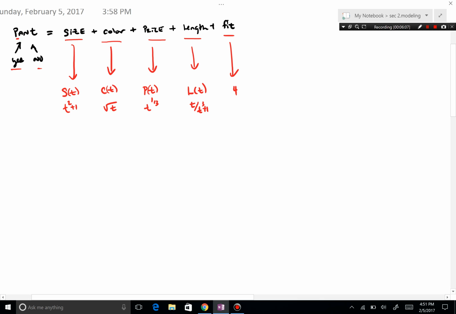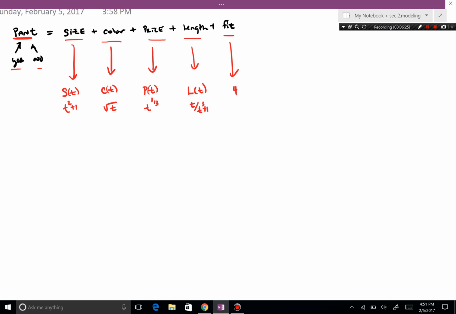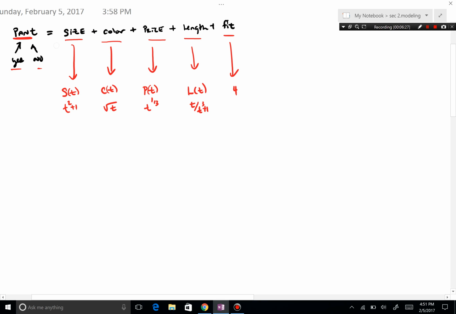So does it really make sense to walk into a store and tell the salesperson that I need a size 32 that is black with white threads, less than $25, a length that is about 42 to 43 for this season, and that fits me as a size 4? When you could just walk in and tell your sales guy, hey,